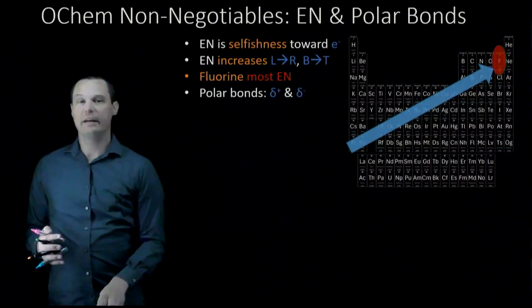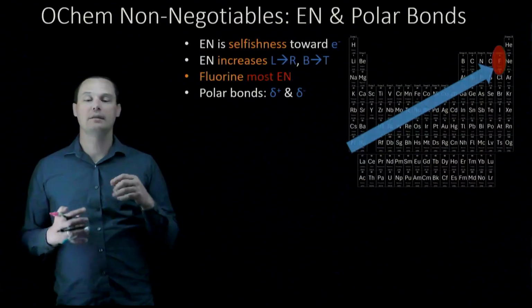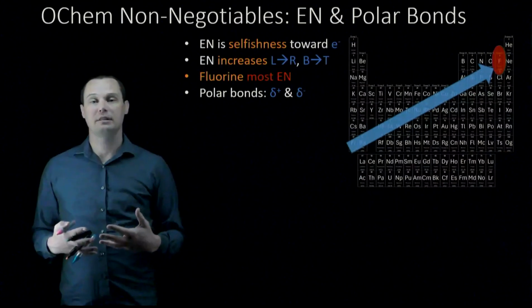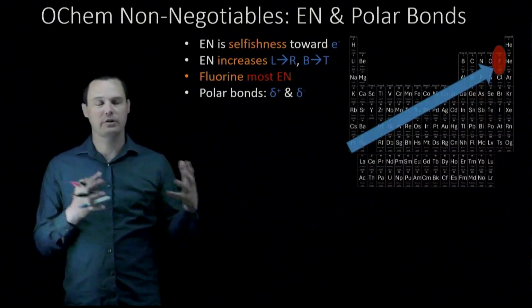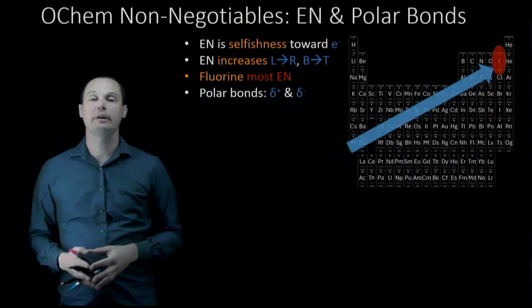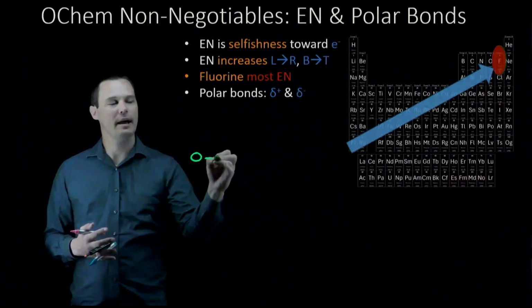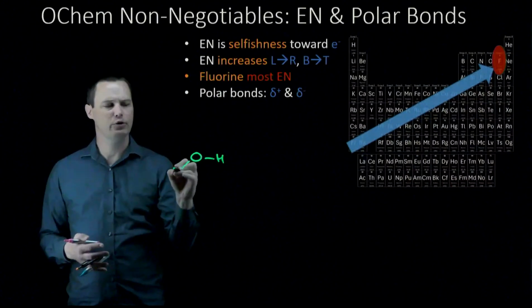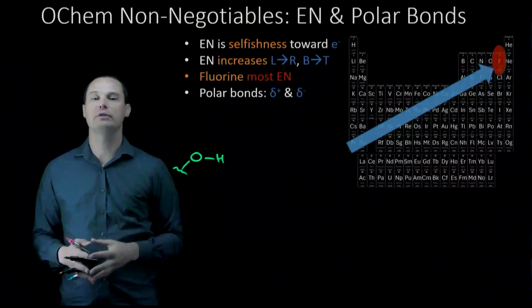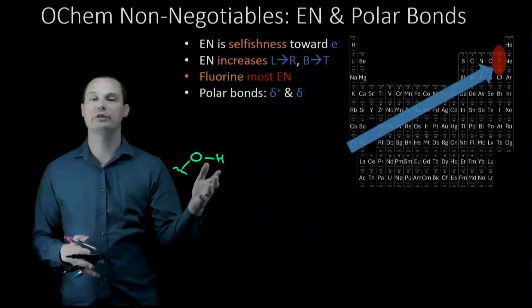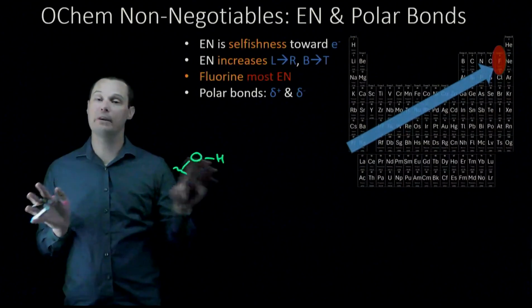The corollary to this then is polar bonds. Polar bonds are bonds shared between two elements of different electronegativities. And when that happens, the electrons are distributed unequally between those two elements. For instance, if we have a bond between an oxygen atom and a hydrogen atom, oxygen makes two bonds, so there's something else going on over here, but let's focus on the OH bond. This bond is polarized. It is a polar bond between oxygen and hydrogen because oxygen and hydrogen have very different